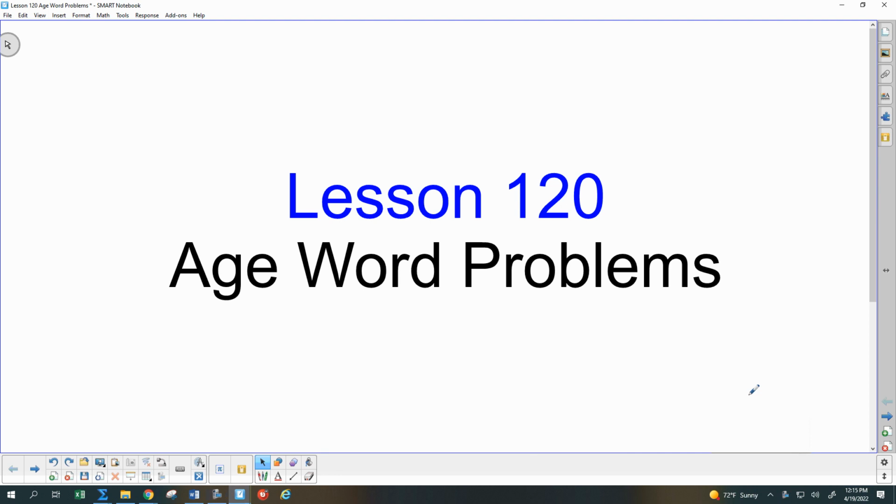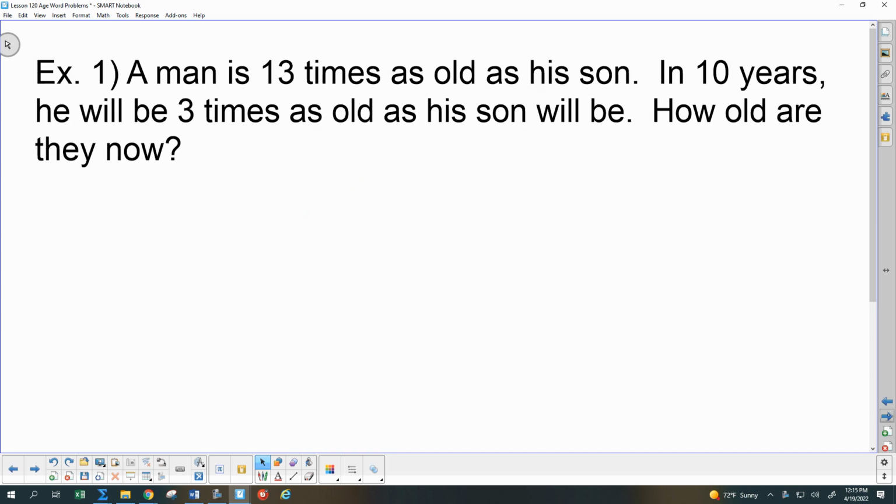Today we're going to be doing some word problems that are based on people's ages at different points in time. So it's kind of fun to think about it as, oh, we get to think about a little bit of time travel, going back in time, going forward in time. How old were people back then? How old will they be in the future? So you'll be seeing problems that look something like this, and you just kind of have to keep straight